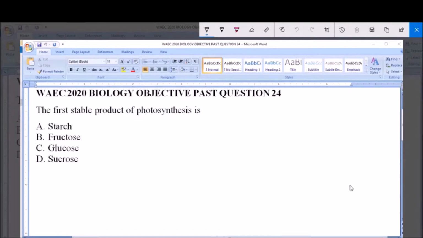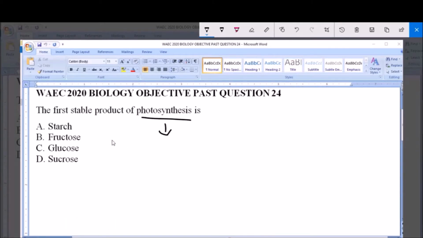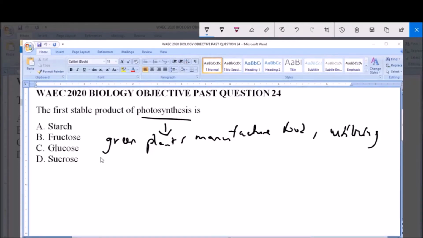The first stable product of photosynthesis is A. Starch, B. Fructose, C. Glucose, D. Sucrose. Now, what happens in the process of photosynthesis? In photosynthesis, it is a process in which green plants manufacture food utilizing the sun's energy